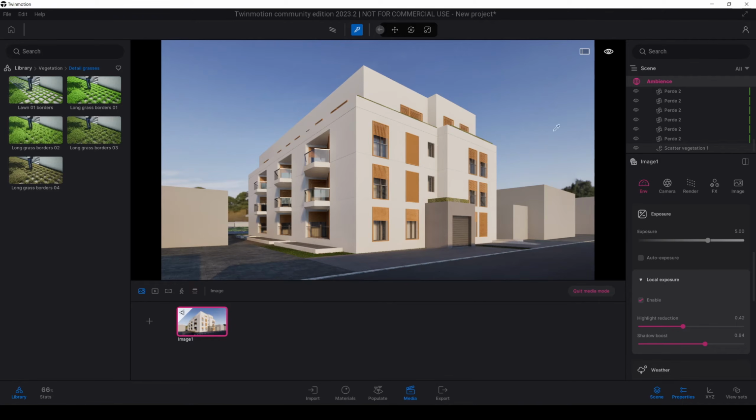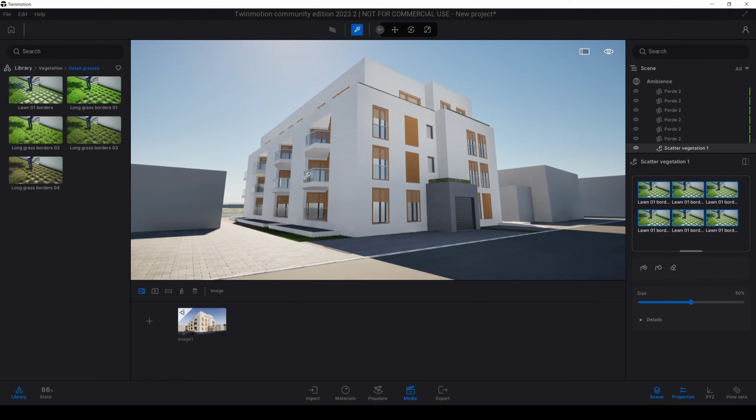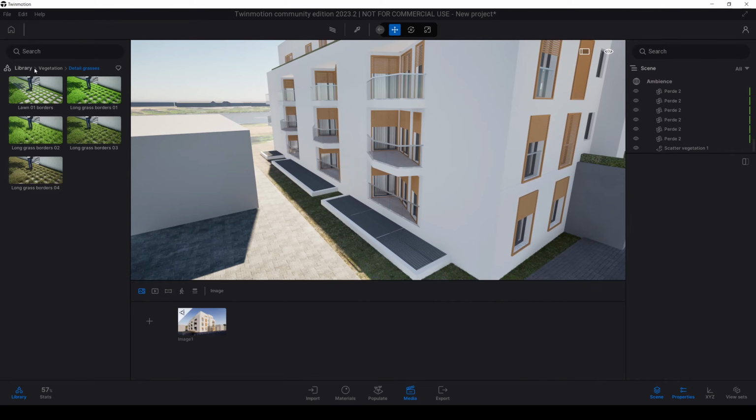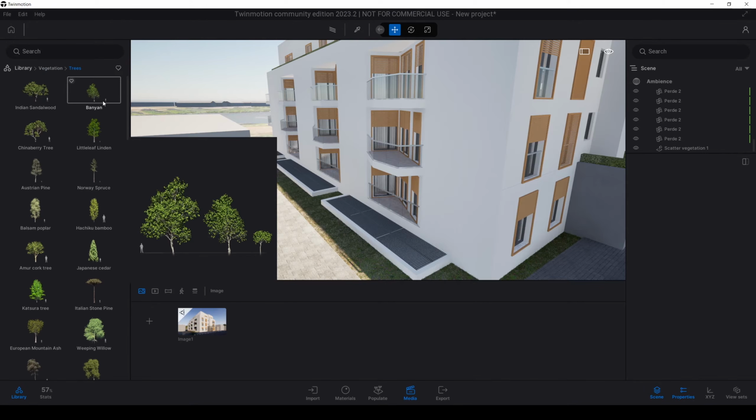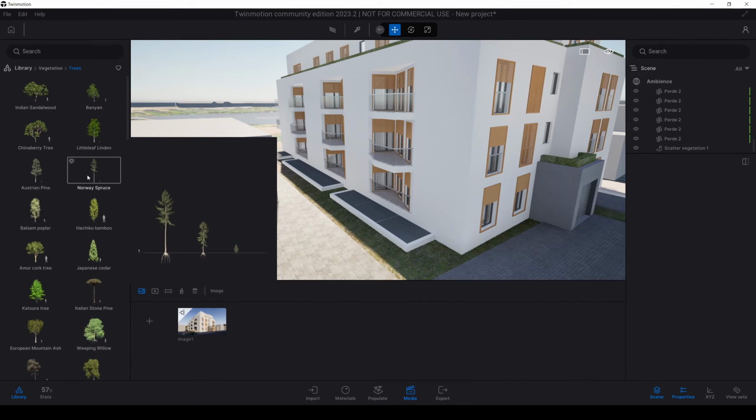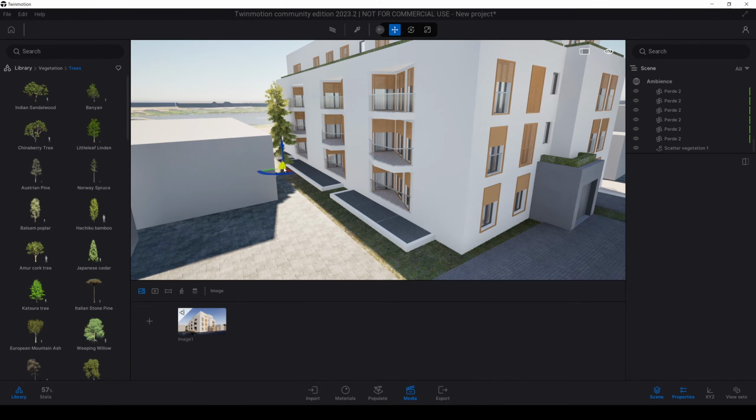There you go. We can use this for now. Let's start placing our vegetations. For this part, I'm going to add some trees. They're going to be kind of spruce, maybe Norway spruce. Let's drag and drop here